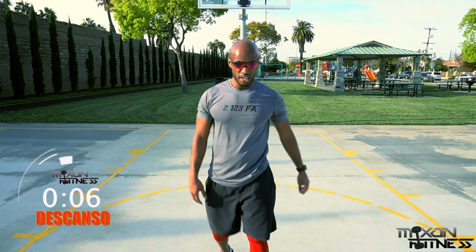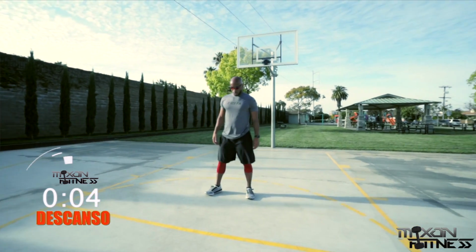All right, so this one's gonna be a lunge and hop. So we're gonna split right between the middle. Okay, so get ready for that. 3,